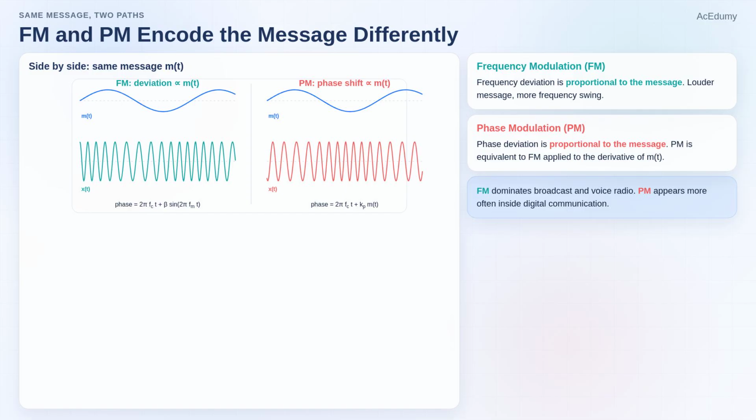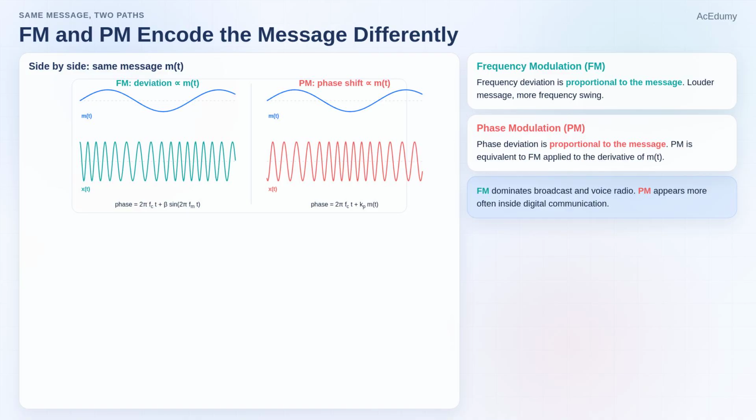In phase modulation, the instantaneous phase deviation is proportional to the message. That subtle change makes PM equivalent to applying FM after a derivative of the message. In practice, FM became dominant in broadcast and voice radio, while PM appears more often as a building block inside